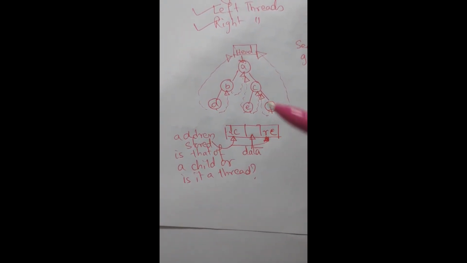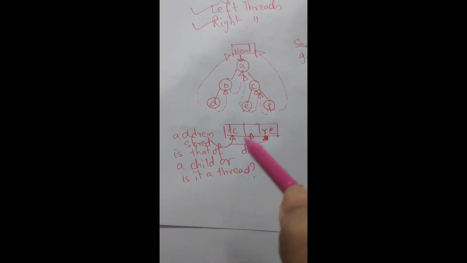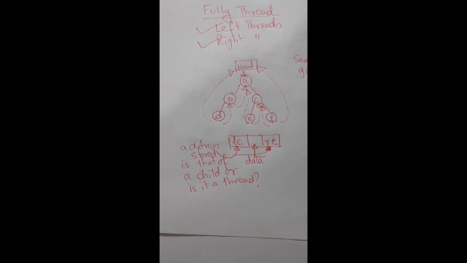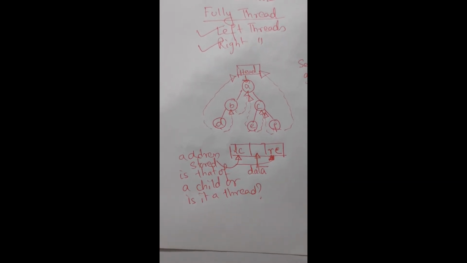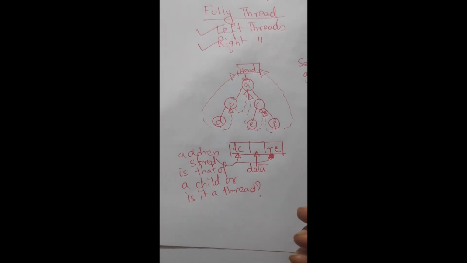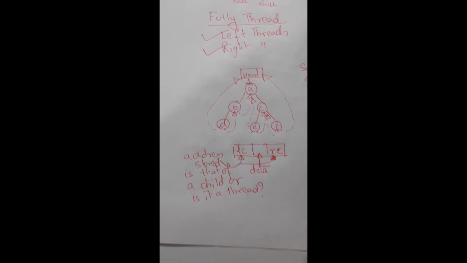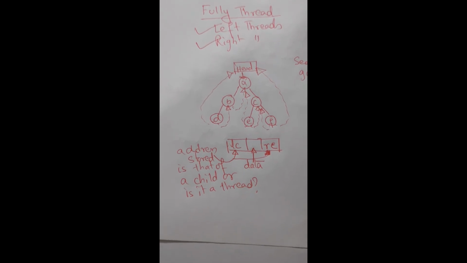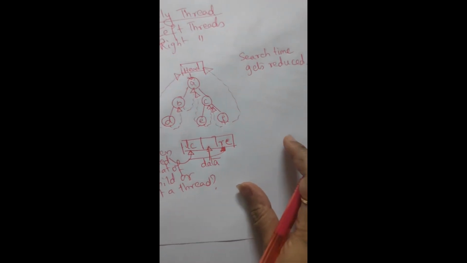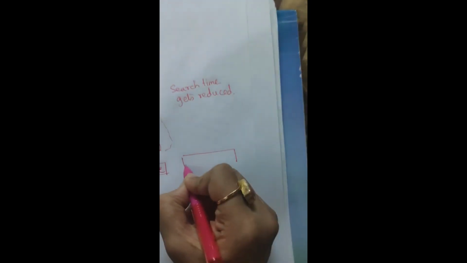When you ponder on this question, you will understand that the earlier structure won't suffice in the case of a threaded binary tree. There should be a way to find out whether the address stored points to a child or to an in order successor or predecessor. Correct? So in a way, we have to find out whether the address is that of a child or is it a thread. That is why the structure has to change. The structure of a threaded binary tree is like this.